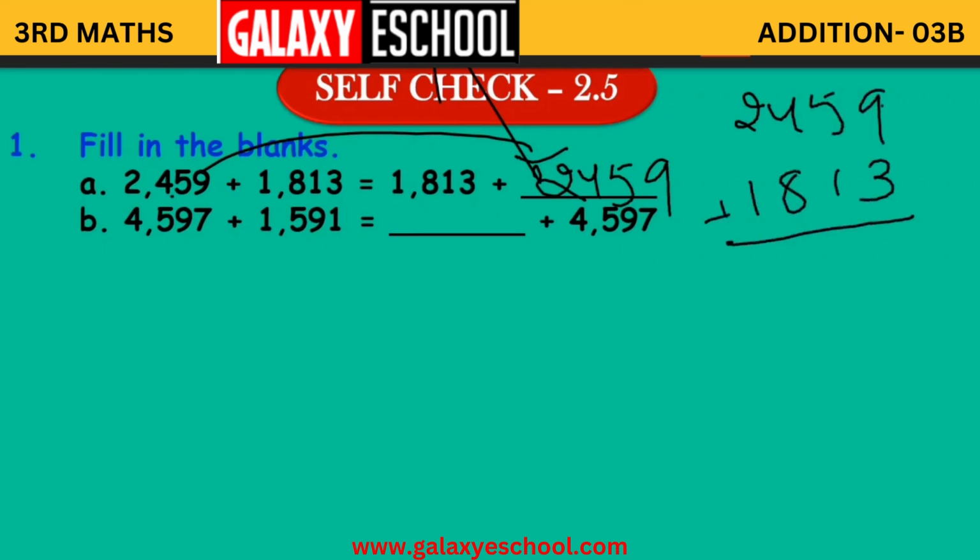What will this be equal to? 9 plus 3 becomes 12, 5 plus 1 is 6, 6 plus 1 is 7, 4 plus 8 is 12, 1 carried, 2 plus 1 is 3, 3 plus 1 is 4. Okay, 4272. Now coming to the second part,